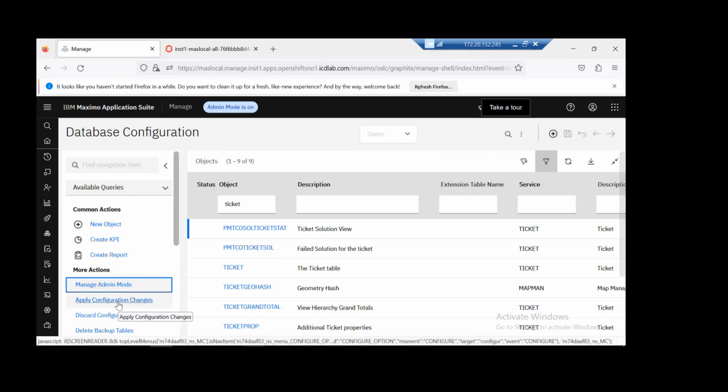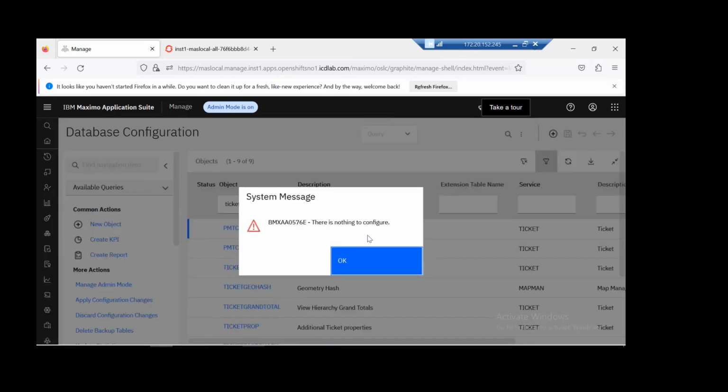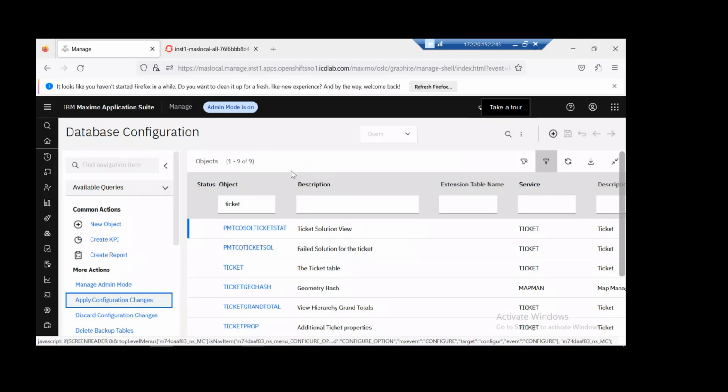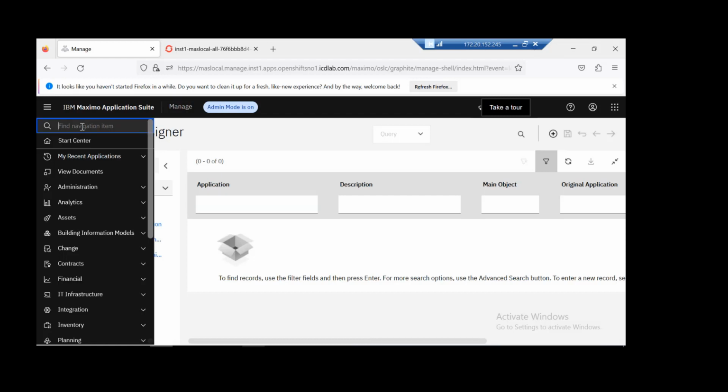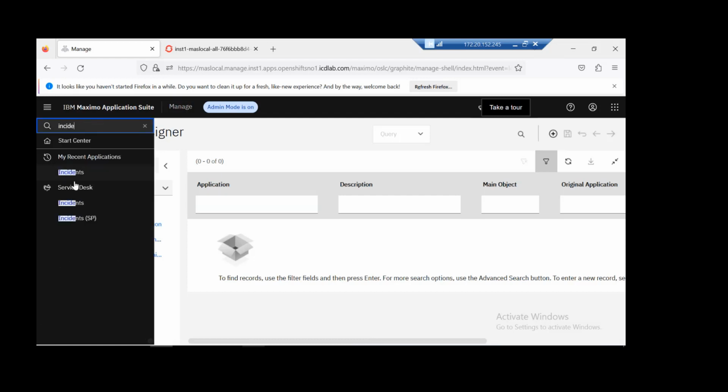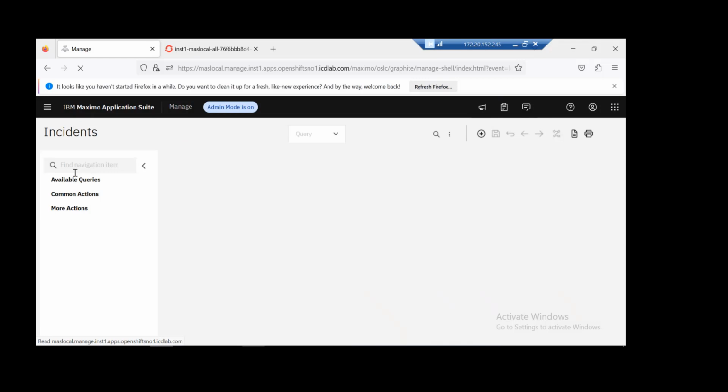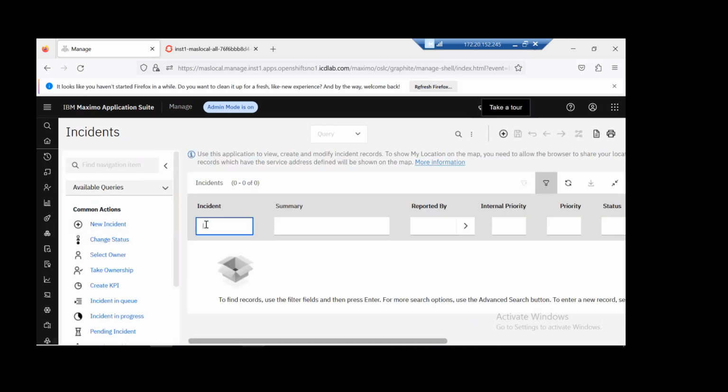Okay. So I'm not changing anything, but if you wish to do so in any of the objects, then you can simply save and do all that by using this action. Okay, so we'll now move on to our next step. We'll move on to the incidents application, where we will see these two attributes and how they are being